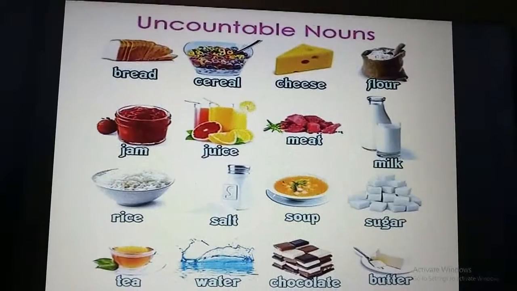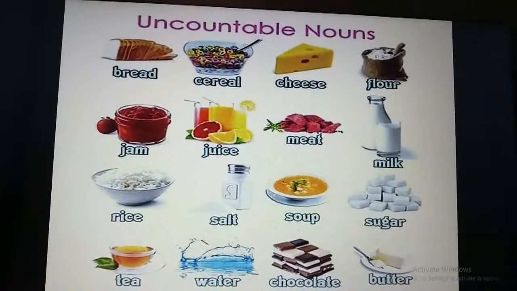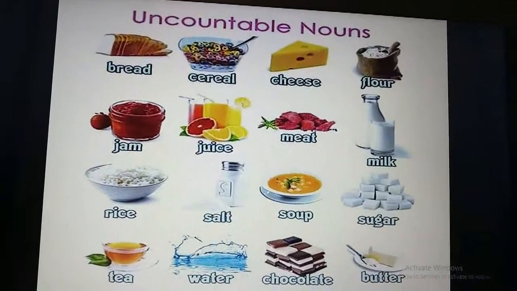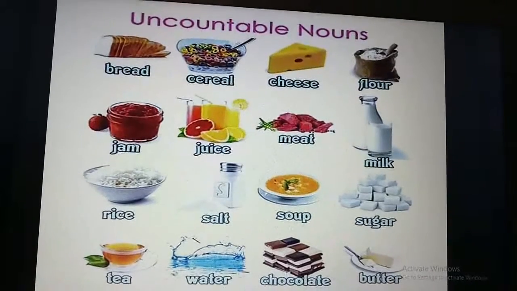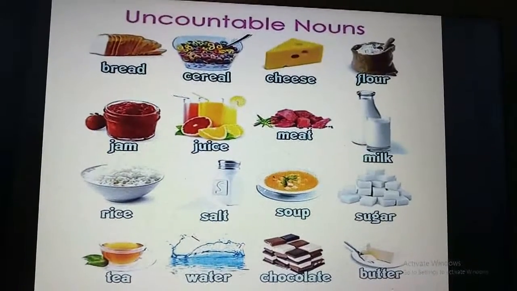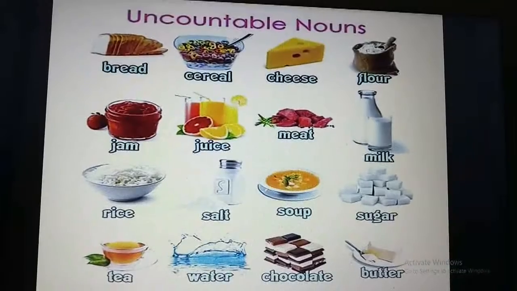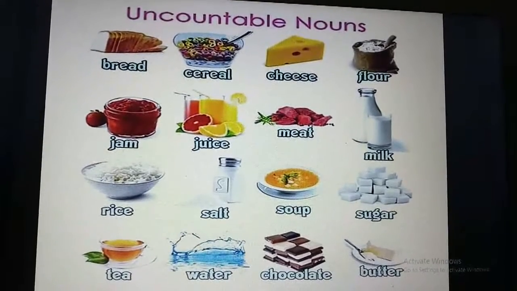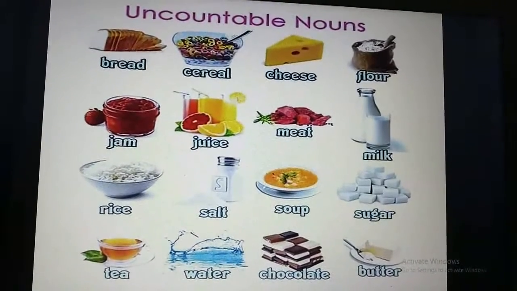Can you count these things in 1, 2, 3, 4, 5? No. So these all are uncountable nouns which you cannot count in numbers.